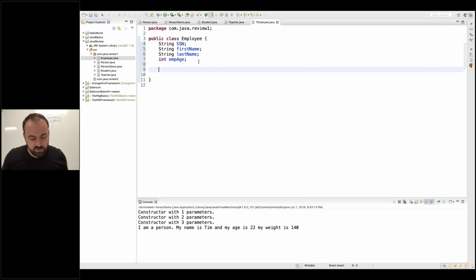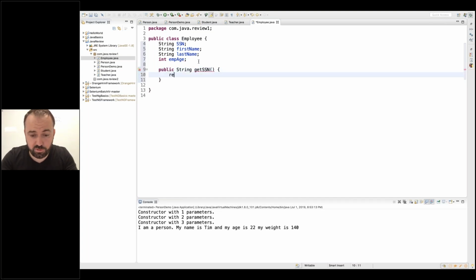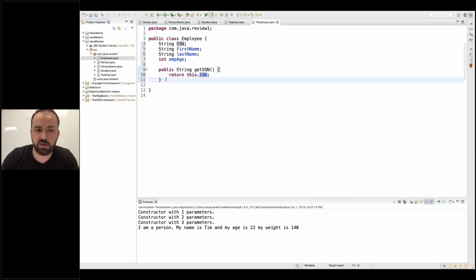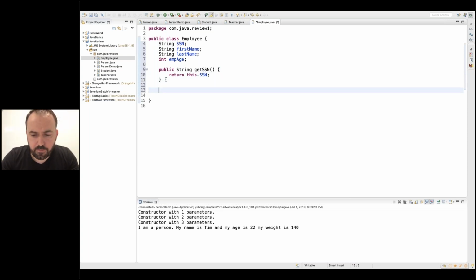Okay, so we can either just type them like public, and then so when we get, we're expecting to return, right? So string get SSN, okay, and then this will return the social security number, okay, or we can say return this dot social security. So we already learned those things. And then setter, when we set the value, okay, so public,